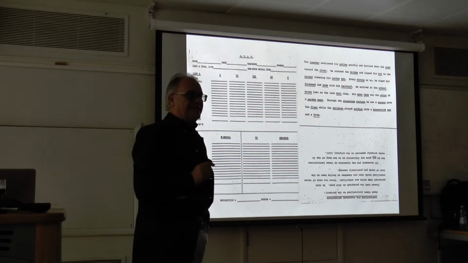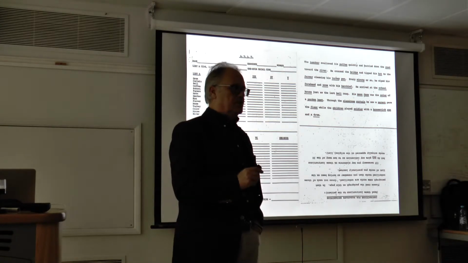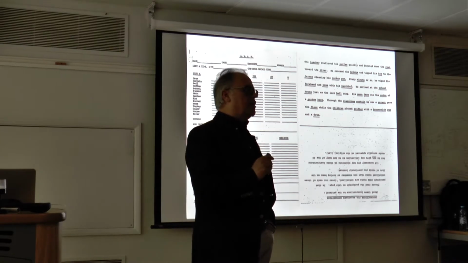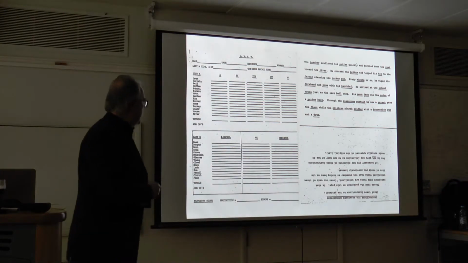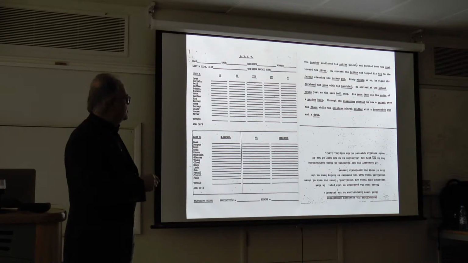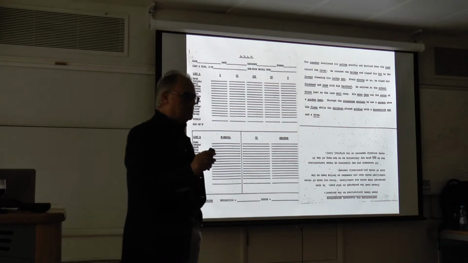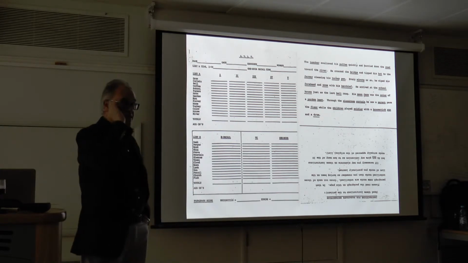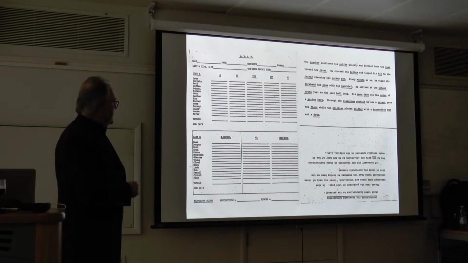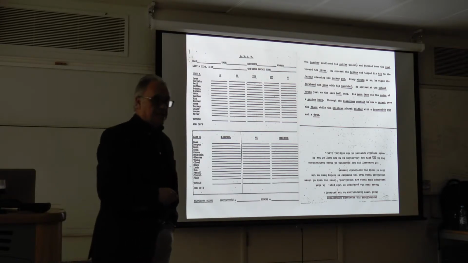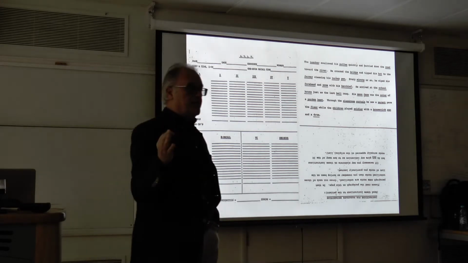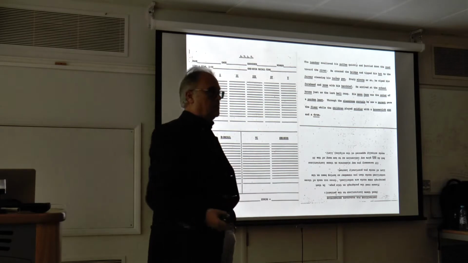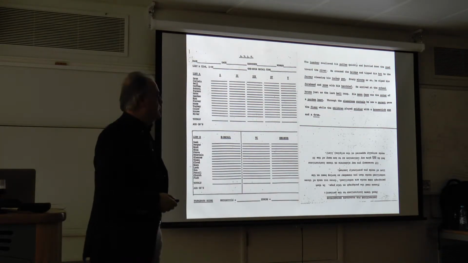Also, remember that at that time, we're talking about early 1980s, the only instrument available was the Rey Auditory Verbal Learning, which was made as well of 5 learning trials, with 15 items, non-related to each other. It was a little bit different. Non-related was just episodic memory. And they also had an interference list, and there was nothing else. There was no recognition. The recognition was placed in this test afterwards, after almost 20 years, after the California Verbal Learning was